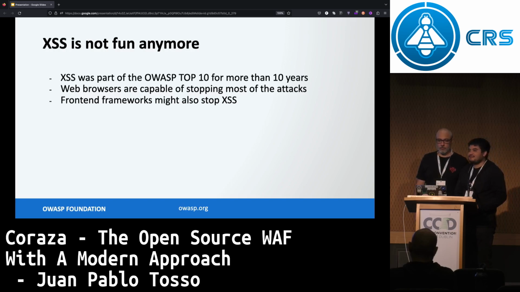XML external entities and lots of attacks have stopped being so important. Even SQL injection has dropped. You remember when everything used to be SQL injection vulnerable? Right now, there's no framework that allows you to run raw queries easily. You have to hack into it to run raw queries.